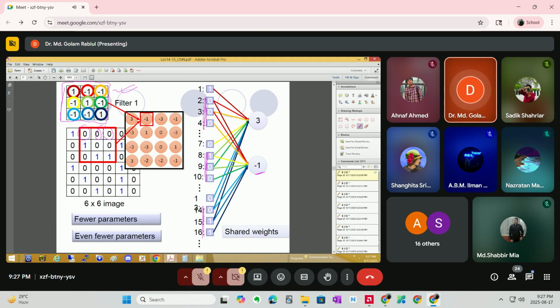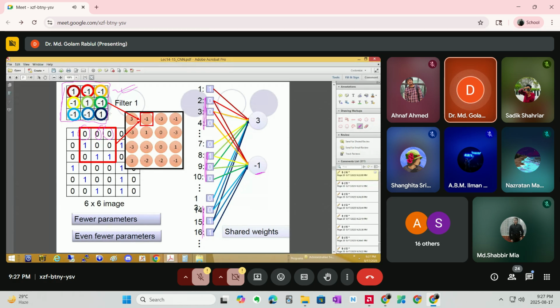In our convolutional neural network learning, we will change these weights, the filter values. We will learn the filter values. So in case of our traditional deep neural network architectures, or just artificial neural network architectures,